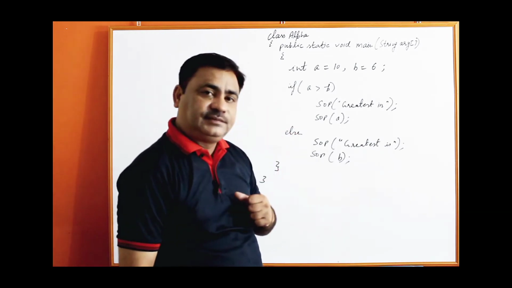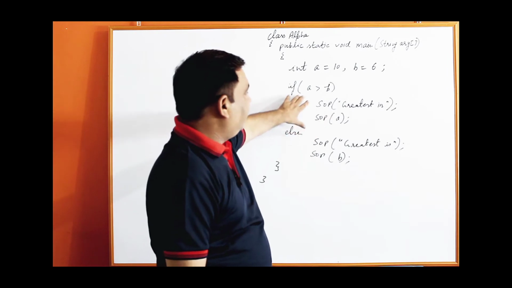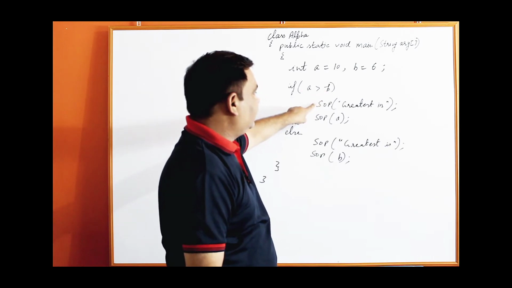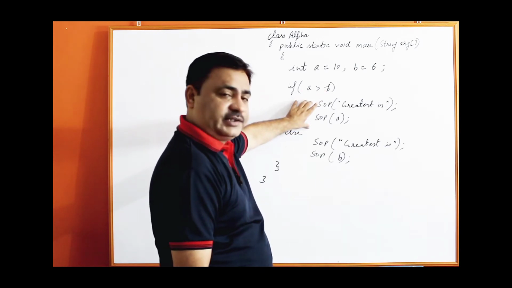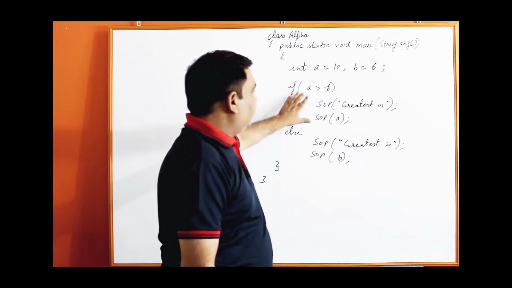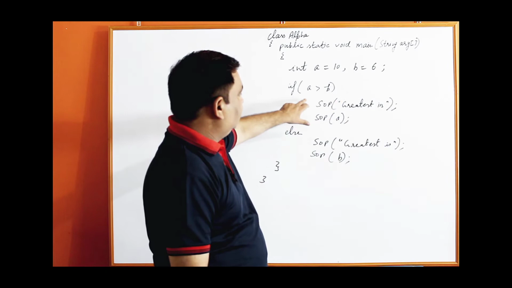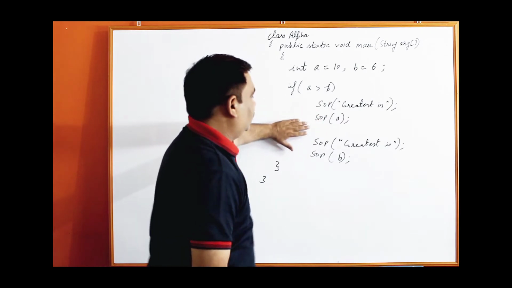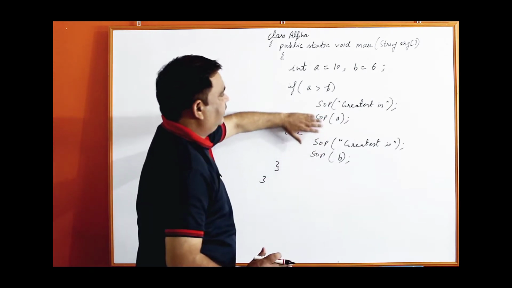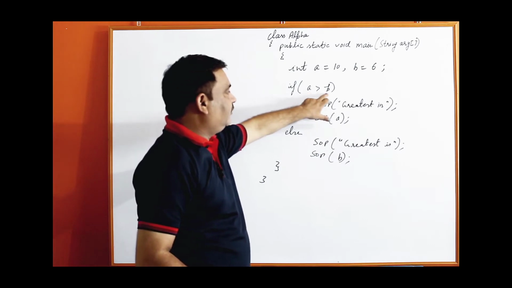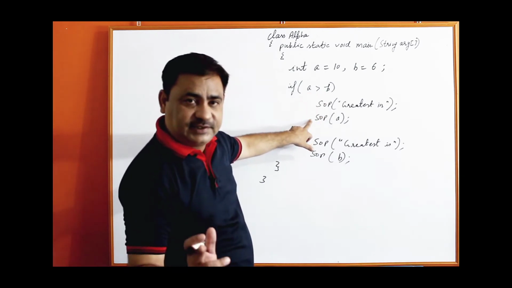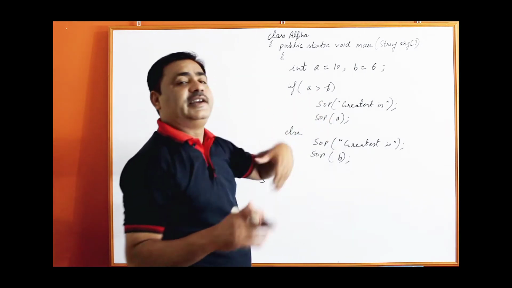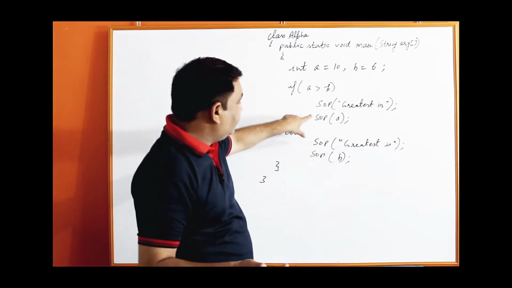How else without if? You can see there is if and else, but how does it work? If the condition is true, then this statement will execute, this will execute, both will execute, clear? But if the condition is false, this statement will not execute, only this statement will execute. Don't think these statements are here, only see, suppose there are only two statements. If the condition is false, this will execute, it means this is called hidden else. It means if the condition is false, this statement will execute. How can this else be executed? There can't be two else, so we can consider this is a hidden else.